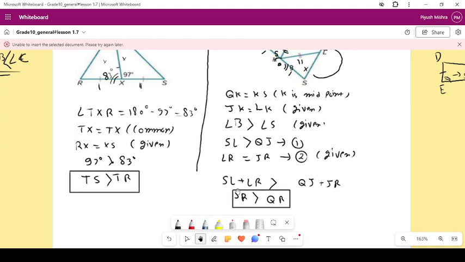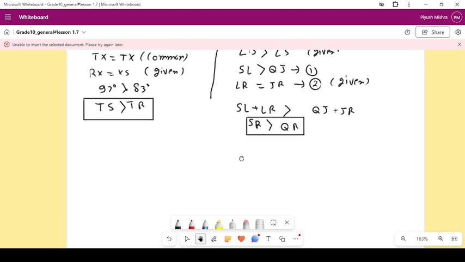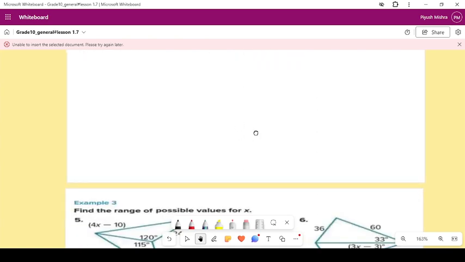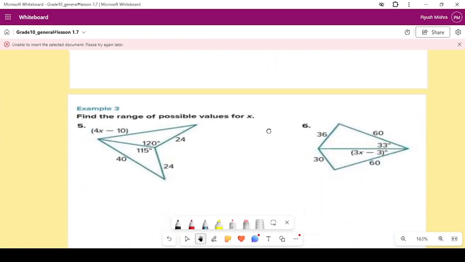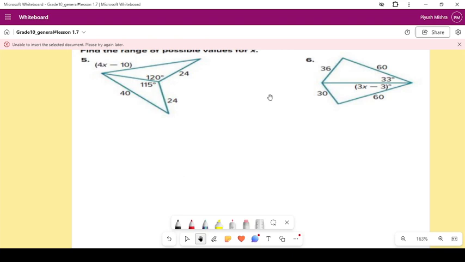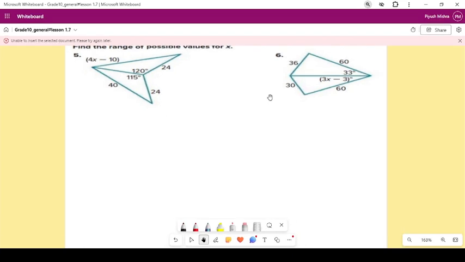Next question I am going to do, everything will be the same, nothing new. I am making it a little smaller so that you can see properly. Same thing I will be taking in this triangle. In this triangle I am writing the name ABCD. Let's start here. Here it is telling that AC is equal to AC. This is common.